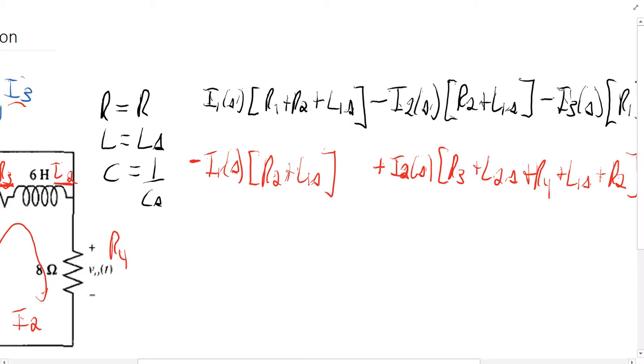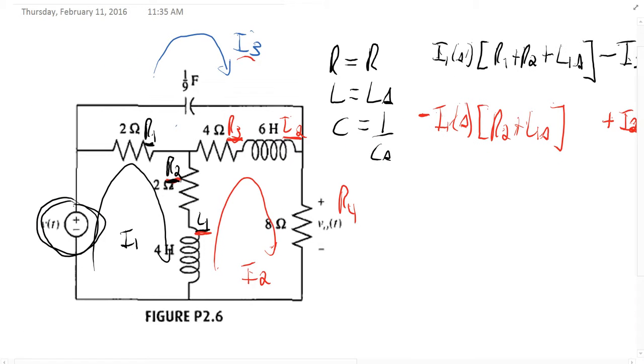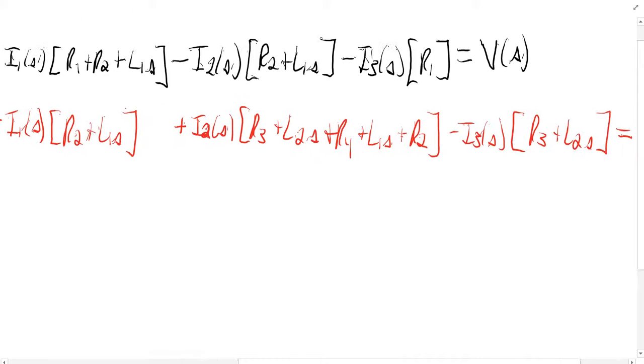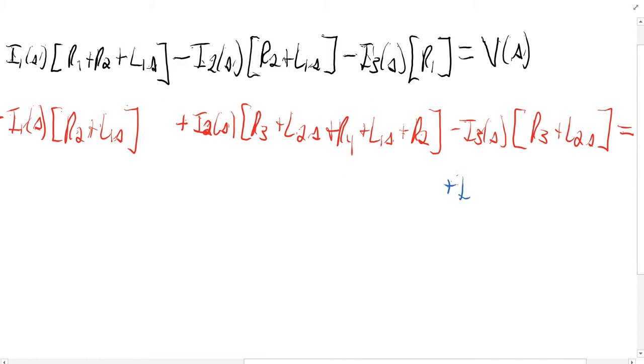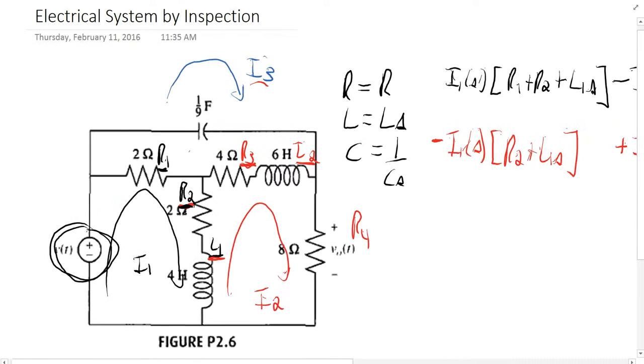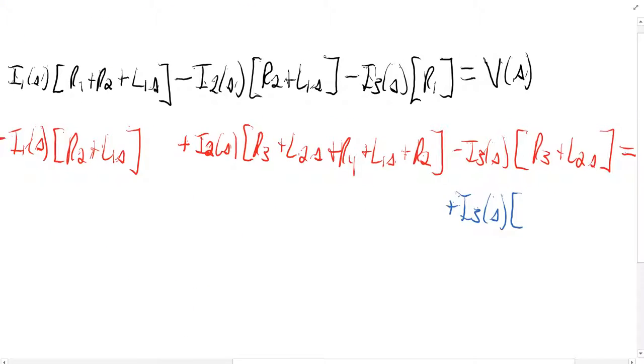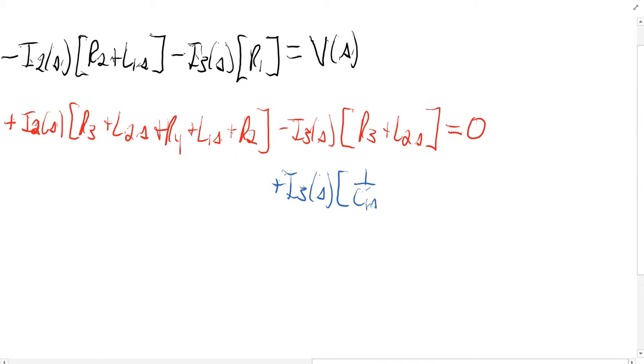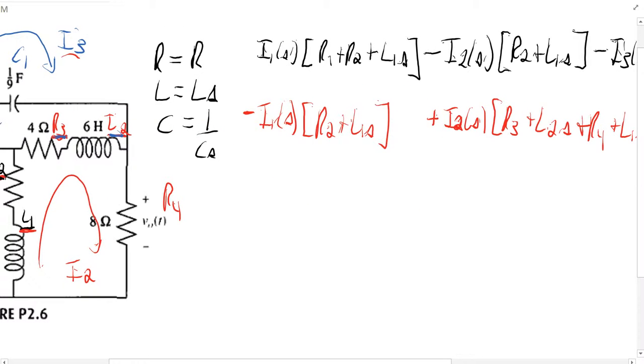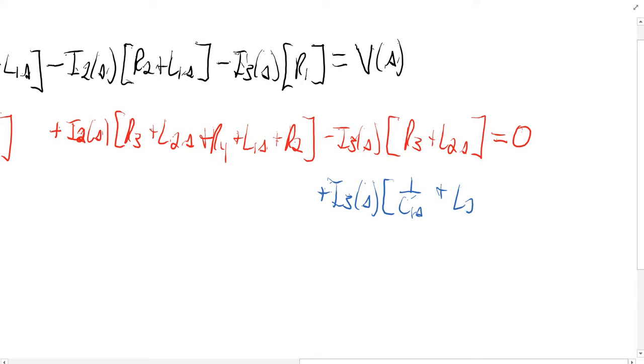And now let's not forget about I3. So in a similar fashion, we're gonna start with I3 as the positive one. So I3 of S, and we open the parentheses and see what components I3 goes through, which is gonna be this capacitor C1, the inductor L2, R3, and that's it. So we write 1 over C1S plus L2S plus R3